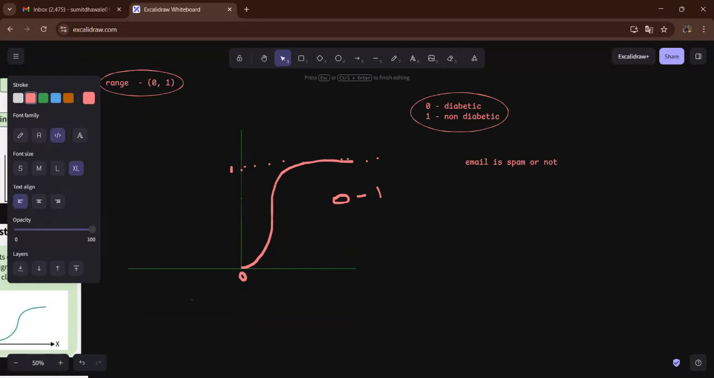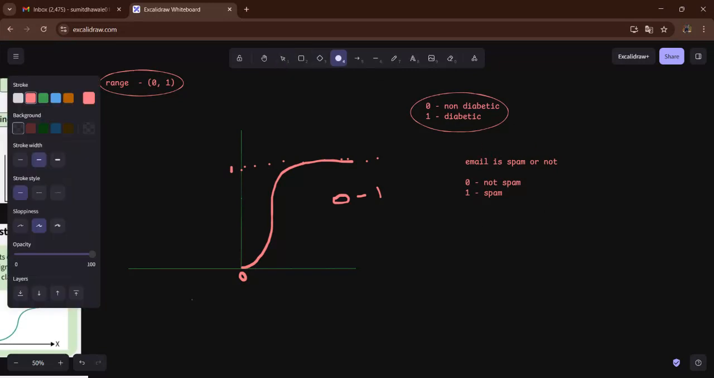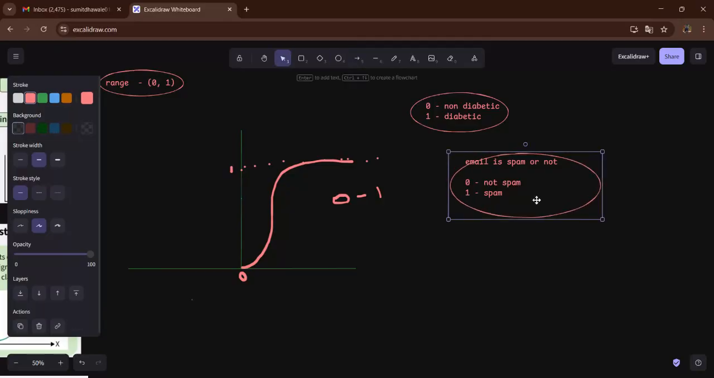Okay, so once we get output as a 0, then the email is not spam. Sorry, over here, once we get 0 as output, then it is a non-diabetic patient, and when you get 1, then they suffer from diabetes. And in this email example, spam or not spam, once we get 0 then not spam, and when we get 1 then the email is spam. So likewise, logistic regression is used in such use cases where the output is in binary format: